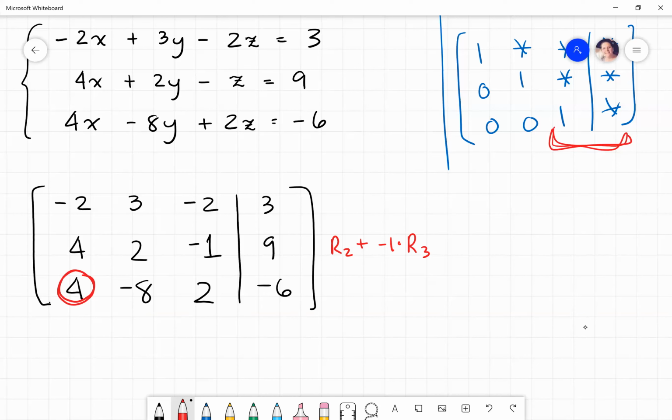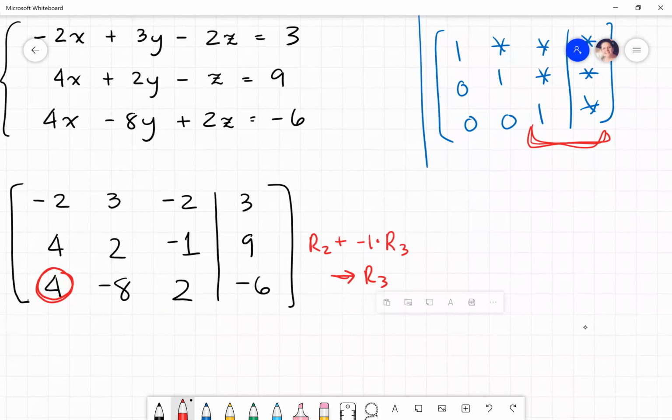All right, so this is what I'm going to do. I'm going to take row 2 and add it to -1 times row 3, and that is going to replace, that's what this arrow means, row 3. So I'm going to actually do that work over here, writing it out. If I don't, I lose track of everything. Okay, so row 2, I'll do it in green. Here is row 2. I'm not doing anything to row 2, so I'm just going to copy it. 4, -8, 2, -6. Now I'm going to do -1 times row 3, which is going to give me -4,